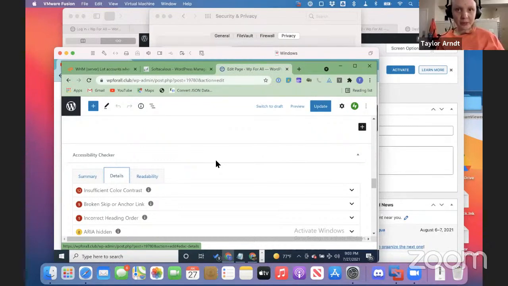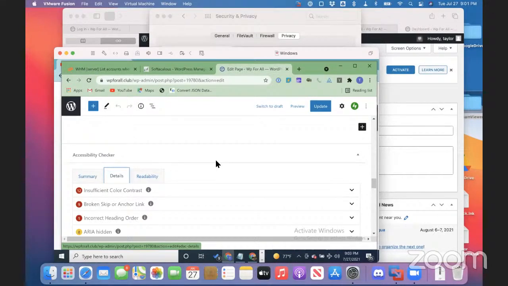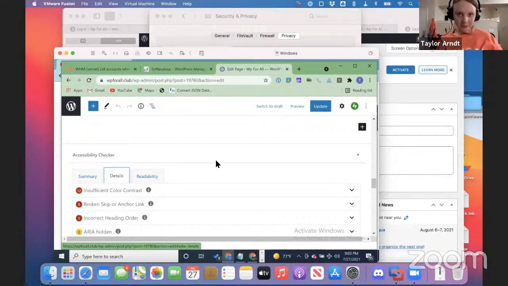So that's something that could help users as well, possibly if it could open up in a new tab or a new window. That way users aren't getting kicked out of their thing. Now I got to go back all the way in. Give me just a minute. Okay. So that's something that could help.